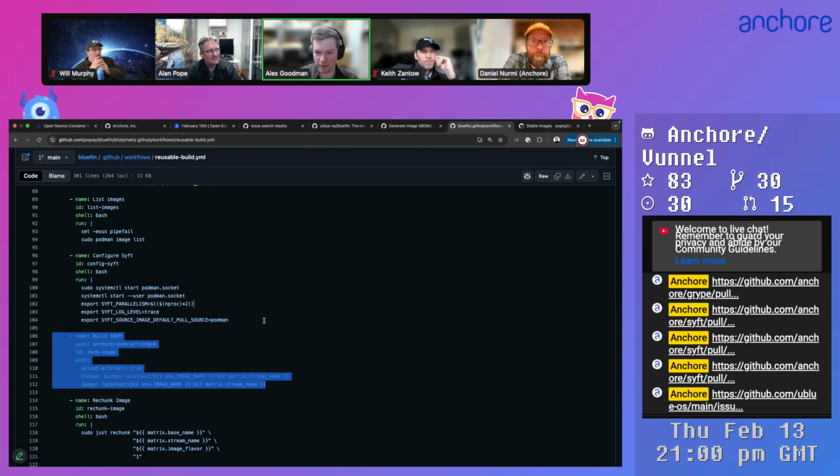Yes. Just to run Syft natively. I actually still think we should use the action in the end and prove it works, etc. And if it doesn't work, we really want to know why. I'm just trying to say, in simplifying the debuggability here, it's easier just to run Syft